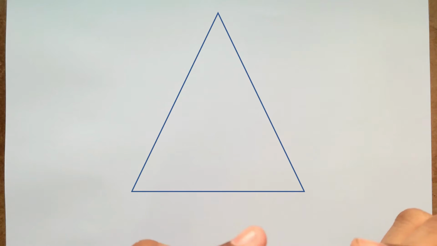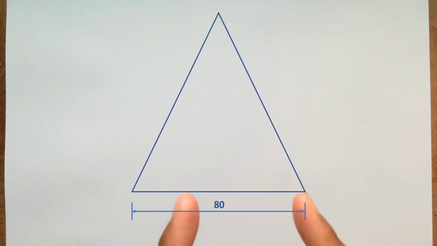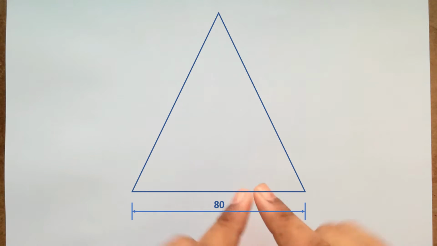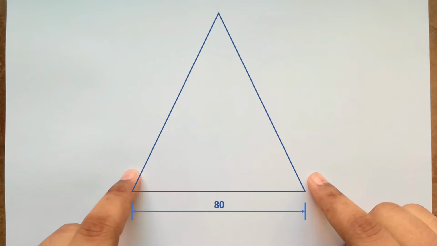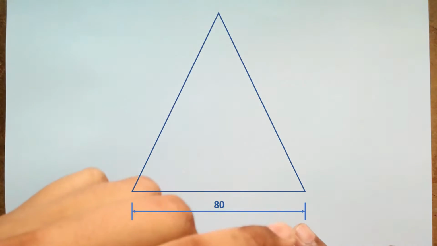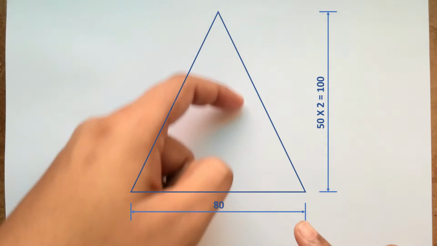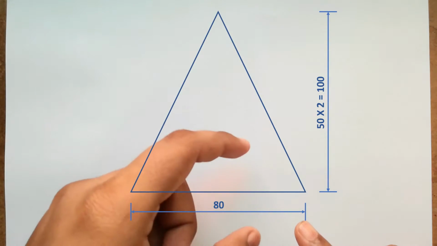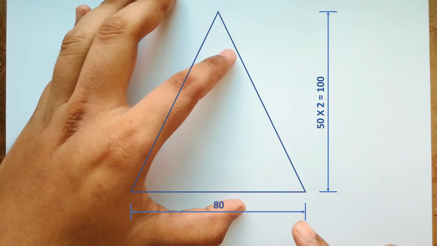What will be the size of the triangle? Triangle will be having the width of the base equal to the base size of the parabola. So over here we are having the base size equal to 80 mm. So triangle will have the base of 80 mm, and as it is having the axis of 50 mm, remember that the triangle will have the axis height of double the axis of parabola. That means if we are having the axis size of 50 mm over here, the triangle axis will be having the size of 100 mm.